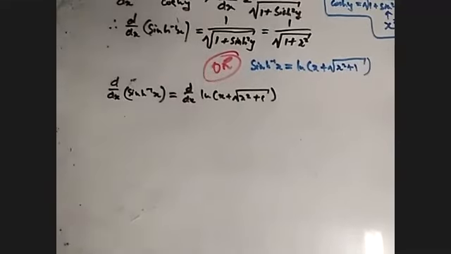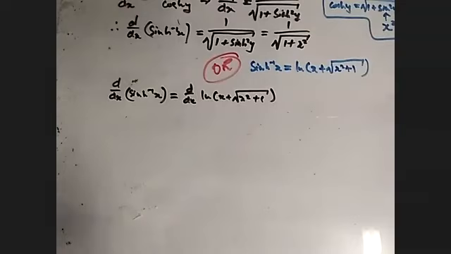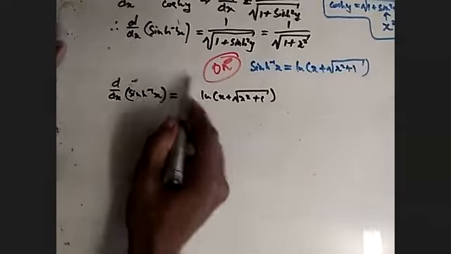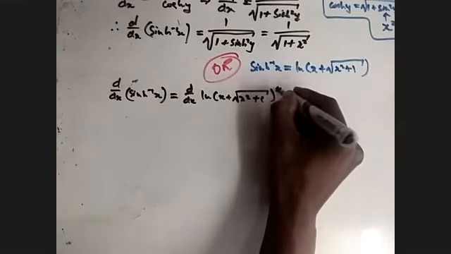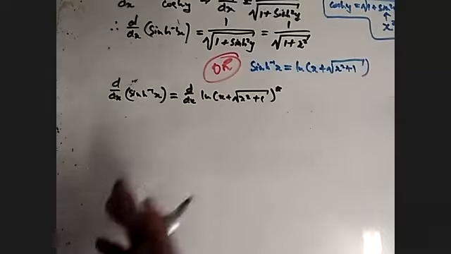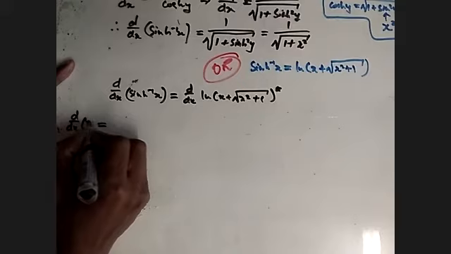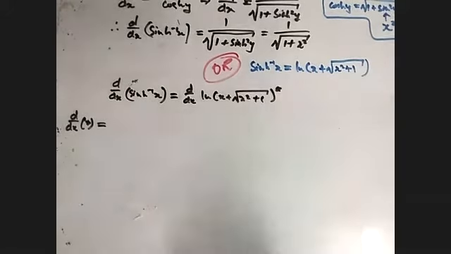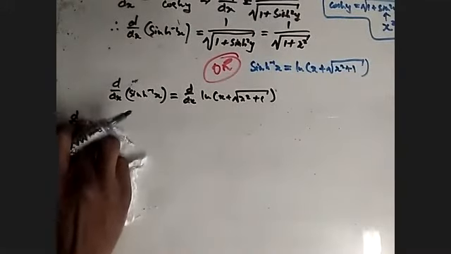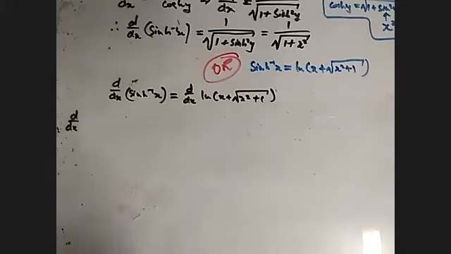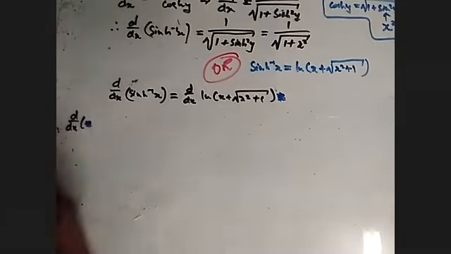So from here, still got 10 minutes. From here, I'm just going to deal with star. Star is this one, right? I'm just going to deal with star and say its derivative, d dx of star, is given by, let me say star. Star is this one. The derivative of star with respect to x